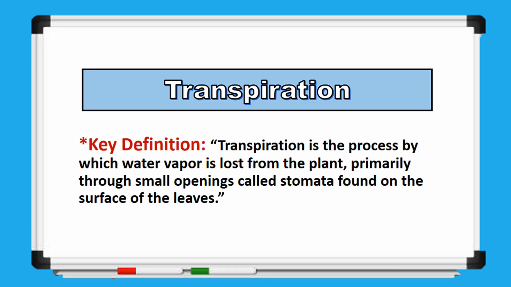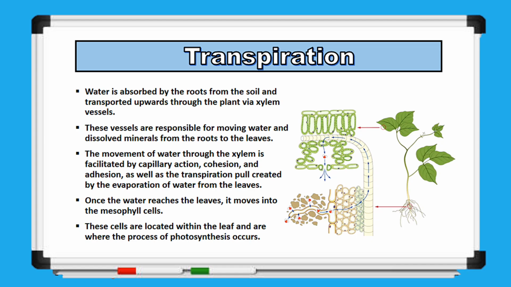So, here's the key definition you need to remember. Transpiration is simply the process where a plant loses water vapor, mostly through these tiny openings on the leaves called stomata. Transpiration is the process in which water absorbed by the roots from the soil travels upward through the plant